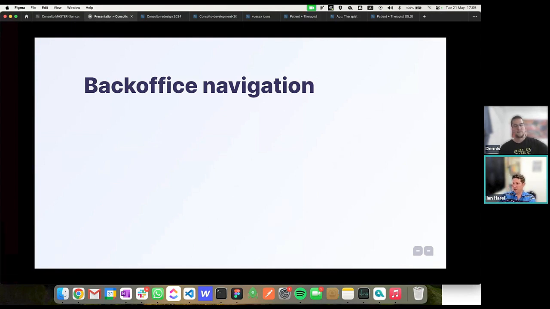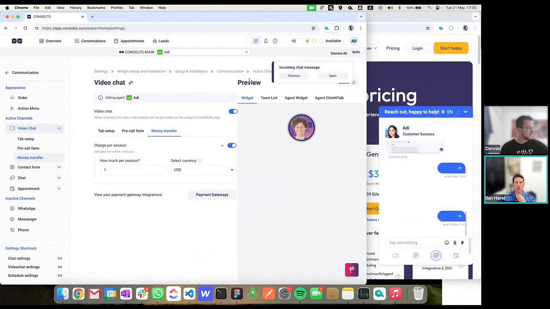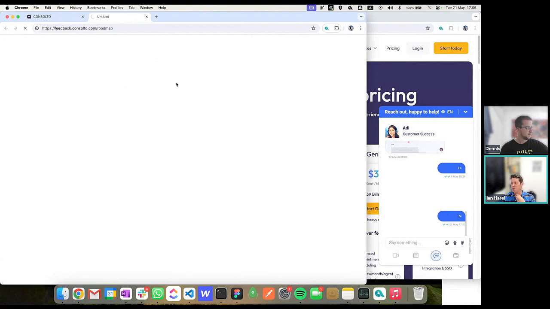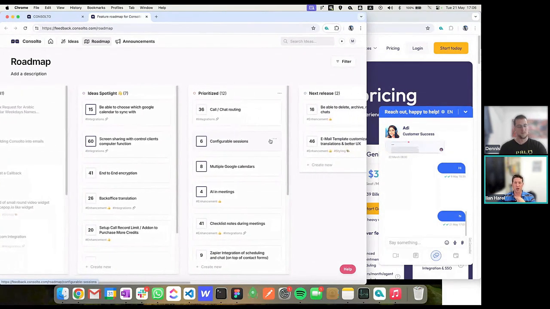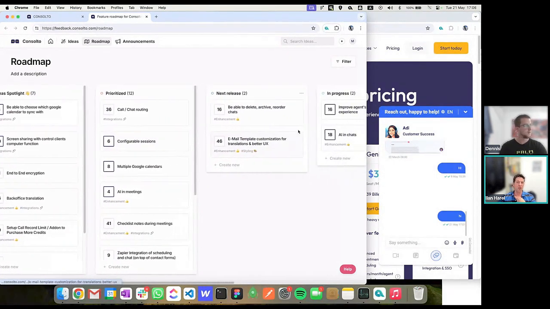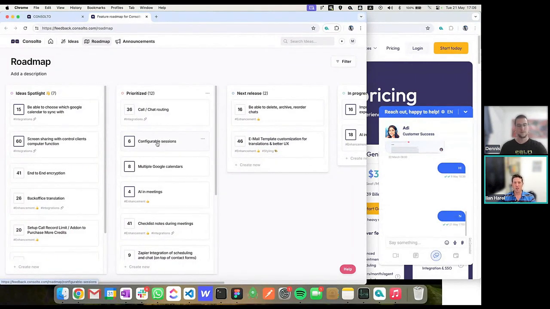Different appointment types, by Rami. Thank you for asking. Yes, that's on our roadmap. To go to our roadmap, please hit this question mark over here and find the roadmap. Click on this and you'll see it's called multiple sessions, or configurable sessions. This feature is prioritized and it's happening after a few of these other features. It will let you set different types of sessions. Every session will have a scope, like what it's about, a title, an image, a cost, a duration, all those things. This is coming, but right now we don't have that yet.